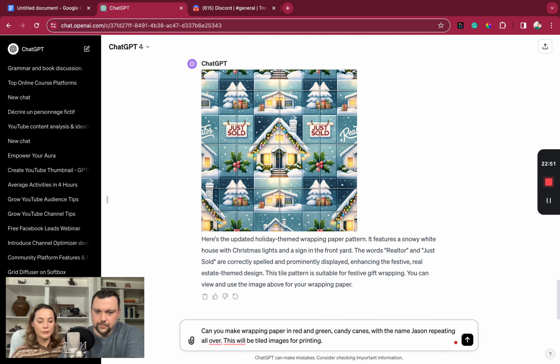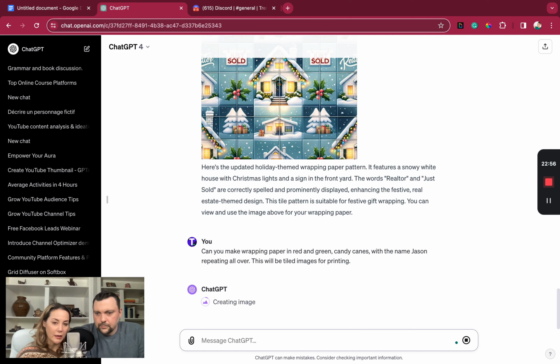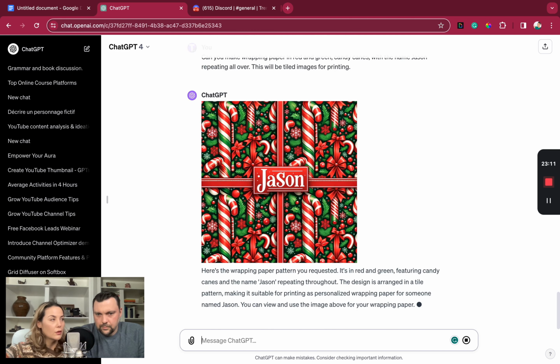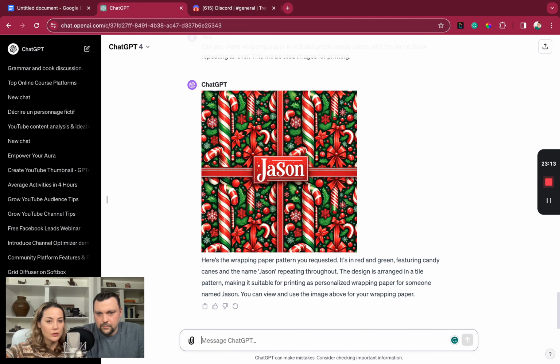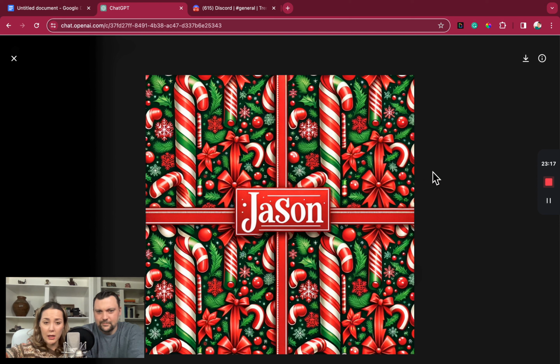You know what I like about ChatGPT, and I'm not quite sure if this is still the case in images, but it memorizes everything. We just started this chat, so we don't have to repeat. It's almost like it assumes that we're talking about a blog the whole way through. You don't have to continue to repeat. Wow. Hey, look at that. The candy canes are a little weird, but other than that, that's funny.